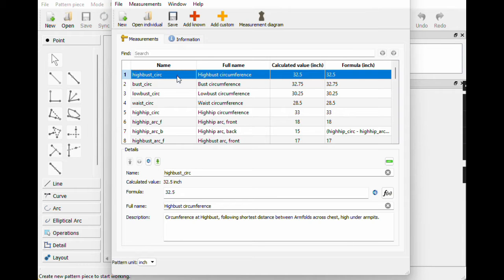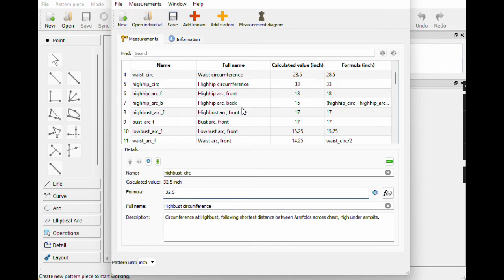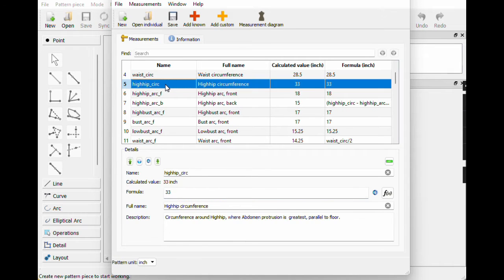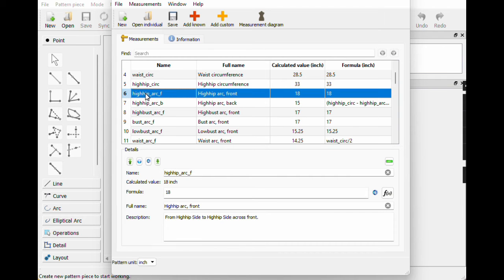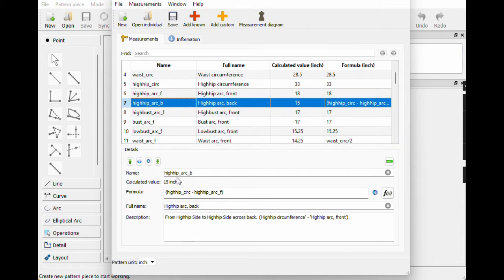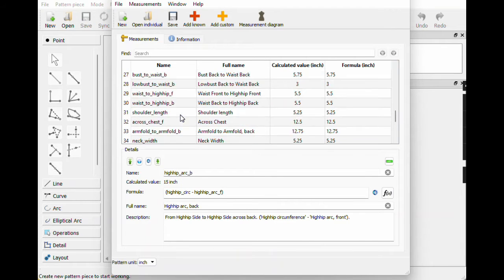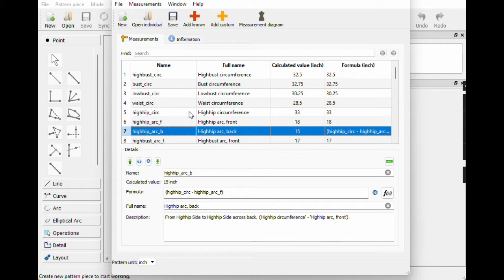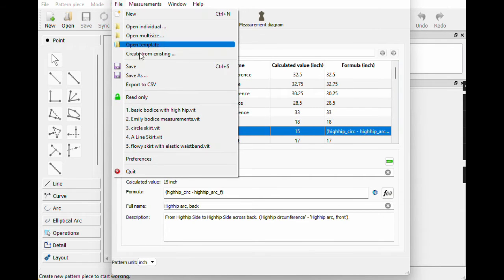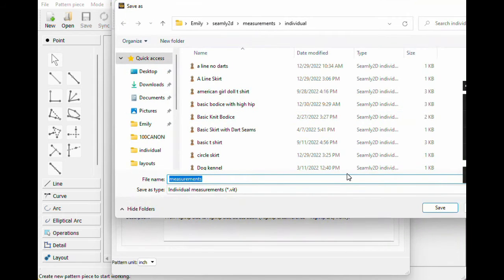But otherwise, just click on each measurement and add your number in down here where it says formula. Now, some of these will actually put the number in for you. So for instance, when we take the high hip circumference and then the high hip front arc, this will do the math for us to figure out what's left, which is the back arc. And that's a few times in there, so there's a few of these that you don't actually have to put in. But go ahead and put all of your measurements in, and then we'll say File, Save,